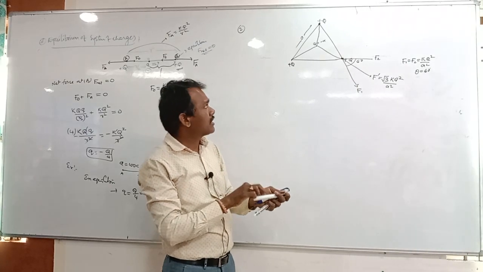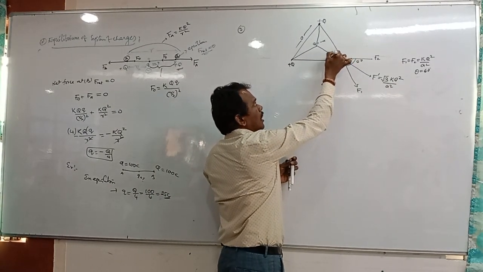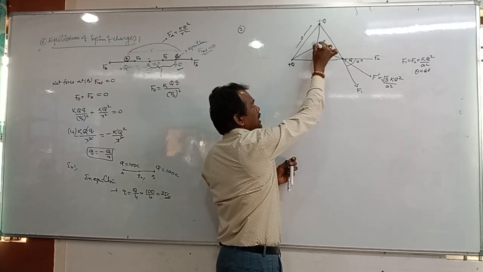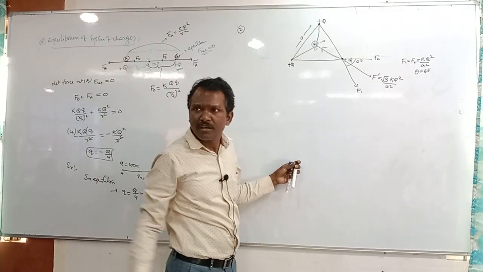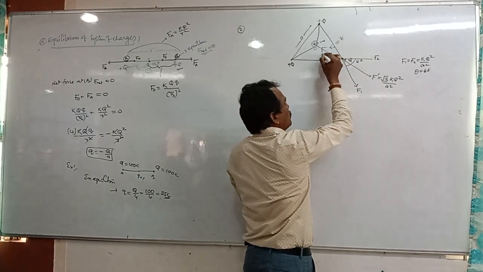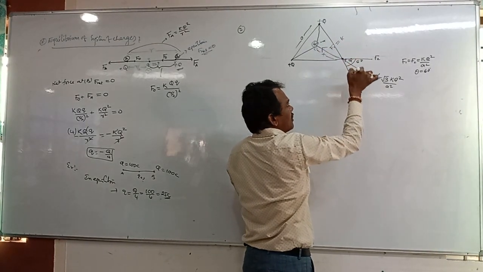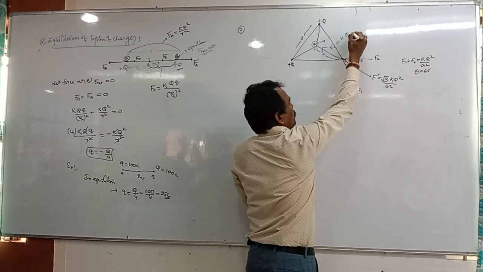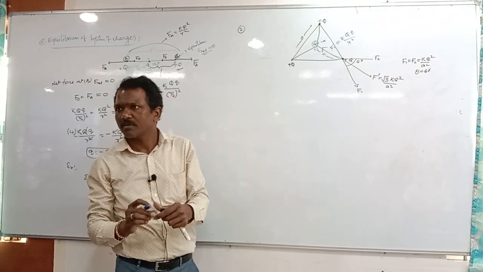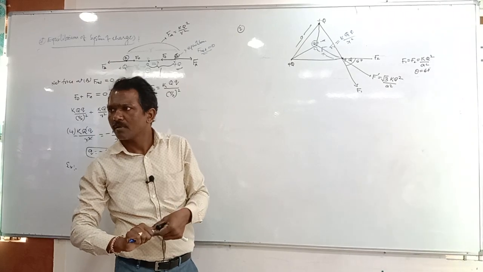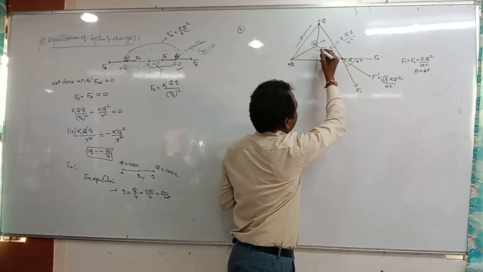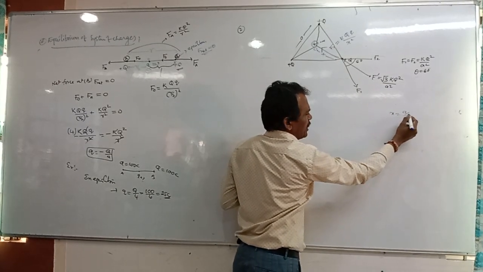What we have to do, opposite force is required. So it should be negative, or just take a q charge at the center, right? This force, F naught, we are writing. How much is it? K into, take this as X from center to the corner. F naught is equal to what we can write? K Q small q divided by X square. What is the value of X? A by root 3. Center to here, X is equal to A by root 3.